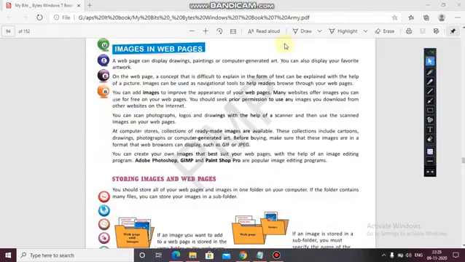On the web page, a concept that is difficult to explain in the form of text can be explained with the help of a picture. Means any concept which is difficult to explain in text, if you can't get the idea of what it is about from the text, then you can use a picture.